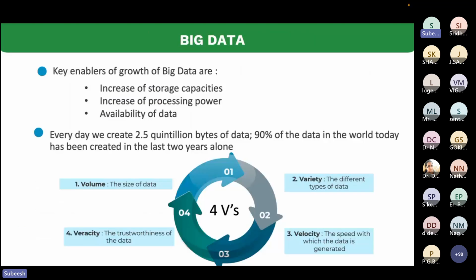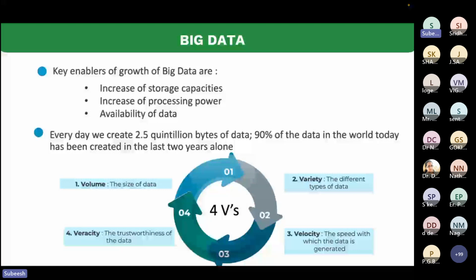So now let's introduce big data. Remember the days when we started school, we had the floppy disk. We had only 1.4 MB storage. So there was no concept of big data because the data itself was very small. We never had that much storage capacity.